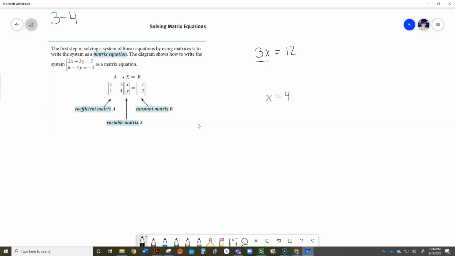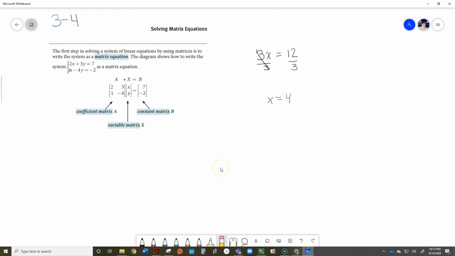Some of you say, oh, I know what the details are. I just have to divide both sides by 3. You're absolutely right. We are going to divide both sides by 3. And then we say often that that cancels out. We'll talk about that word in just a second. And that leaves us x equals, and 12 divided by 3 is 4. Okay, I agree with all of what you just said, or all of what you just thought. But what I want to do is look at this in a little bit more